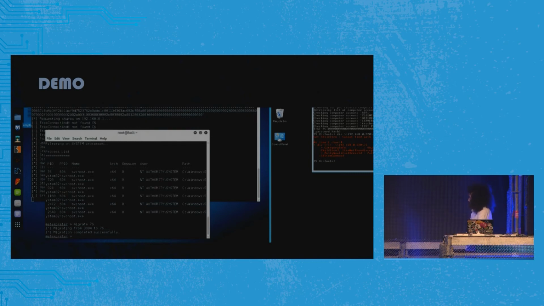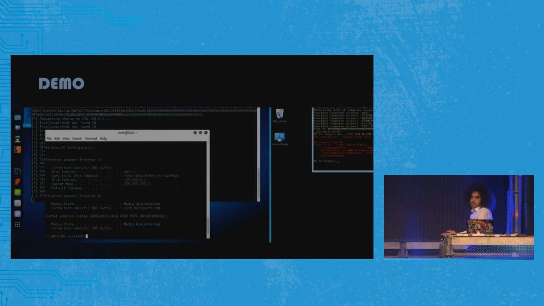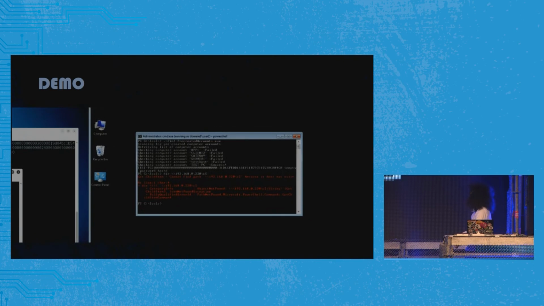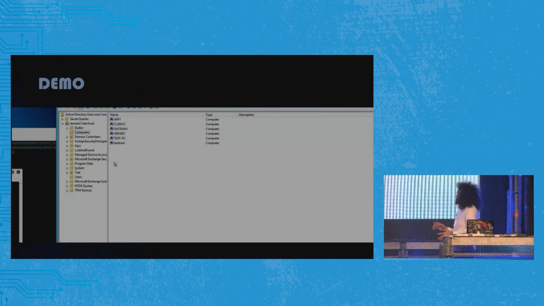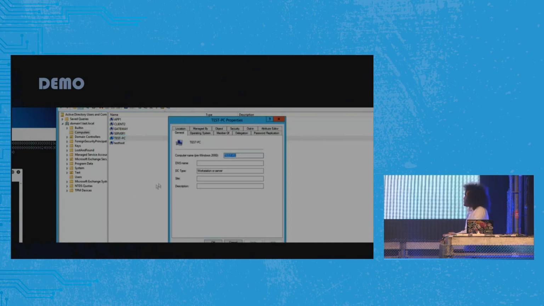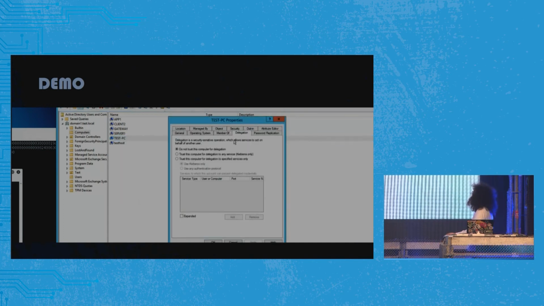But now, once we are done, we can have a shell on the target server, so you can run anything that you want on the sensitive server that we've just compromised. As you can see here, this is the IP address of the server that we tried to exploit. OK, so the next step would be to change the attributes that Marina just discussed in the test PC